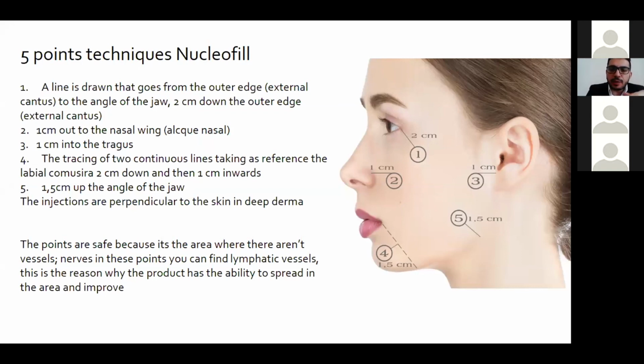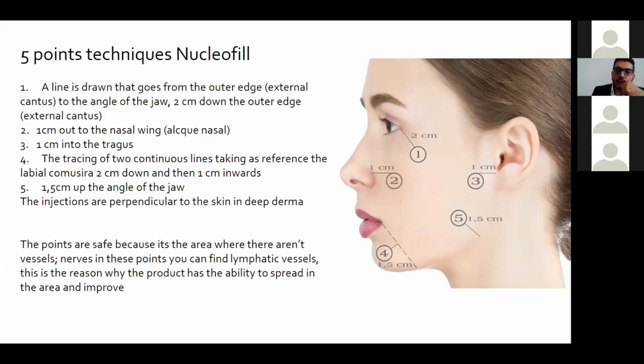For the first point, we take a line from the lateral epicanthus downwards and lateral, and it will be 2 centimeters apart from the lateral epicanthus. For the second point, we will take a horizontal line extending from the area of the nose laterally, and it's a 1 centimeter distance. For the third point, it will be on the tragus, and then you go more medial into the cheeks for a distance of 1.5 centimeters or 1 centimeter or 2 centimeters, depending on